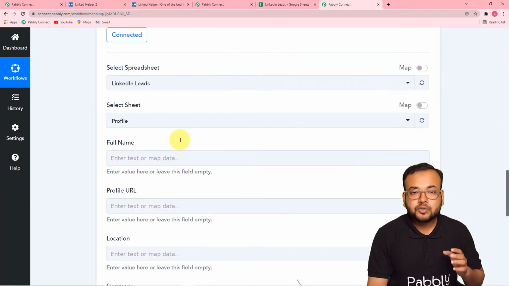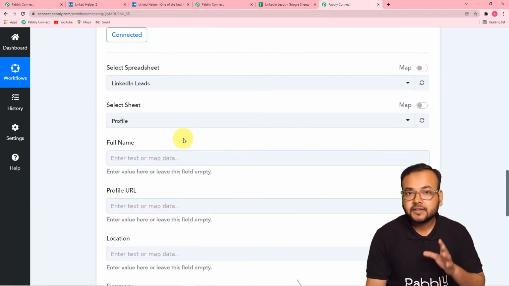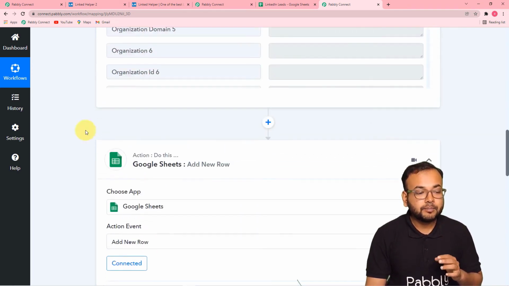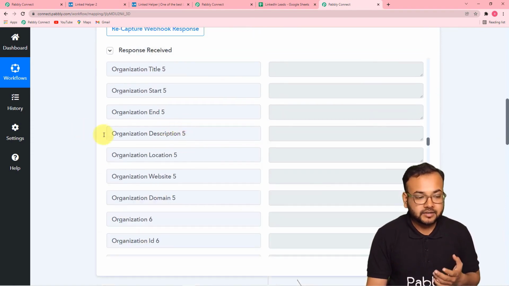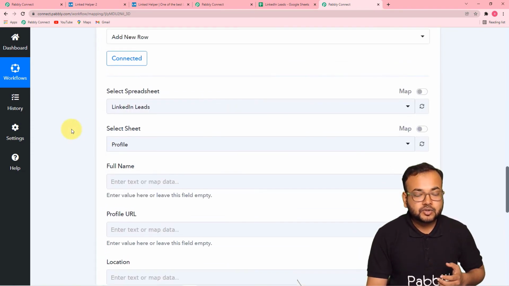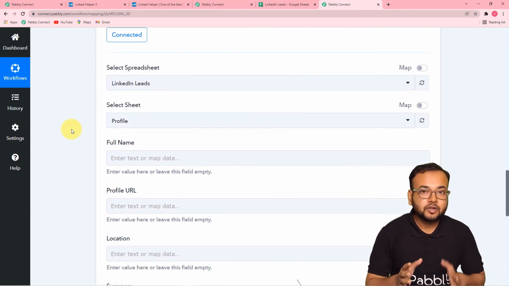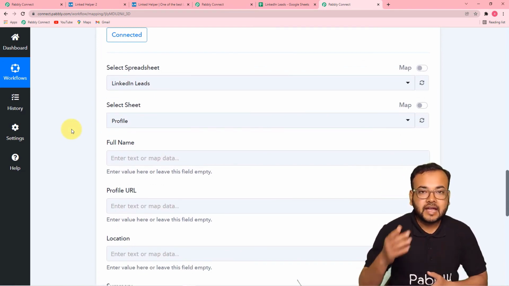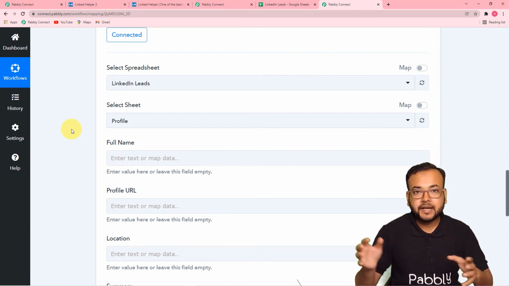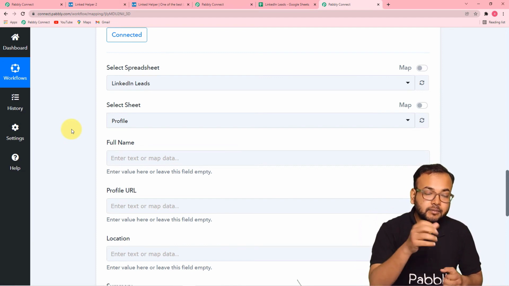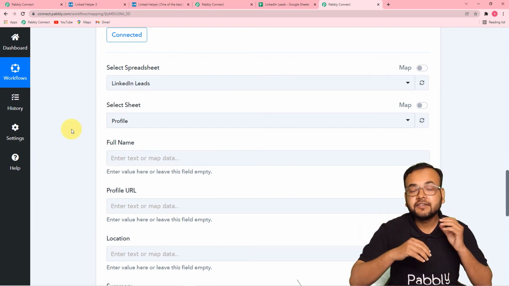Now we are going to use the same details that we have collected in the first step of our LinkedIn automation, where we have captured the LinkedIn profile. So I am going to map the details that we got here in the first step to the second step, so that after setting up this automation, whenever you run a campaign to fetch the profiles, they will be fetched automatically here and will be mapped automatically here, and it will be delivered to your